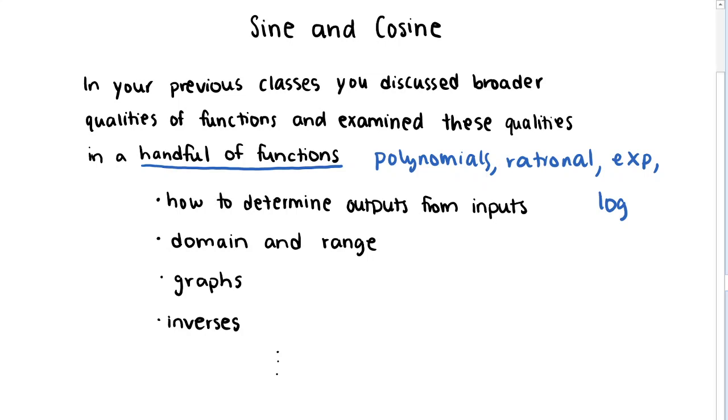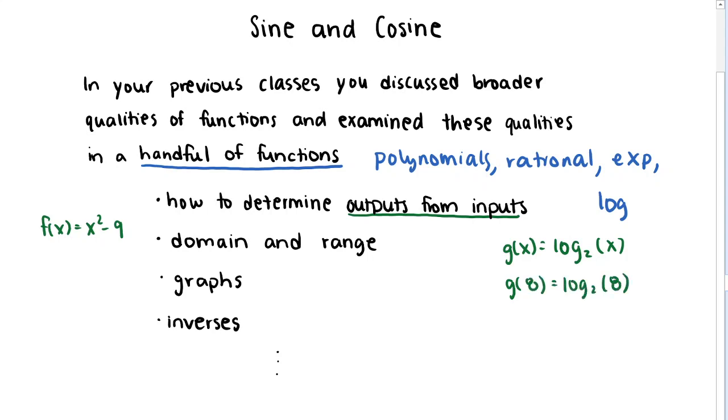Maybe for some functions, like let's say f of x is equal to x squared minus 9, this was pretty clear, right? If I plug in some value for x, I square it, take away 9, and I know my output. But for some other functions, let's say logarithms, you really had to understand what that function meant to compute the outputs. So for example, let's say I have g of x is equal to log base 2 of x. If I plug in, let's say 8 for this function,